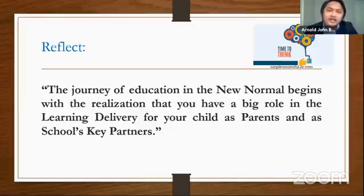So this learning delivery, we recognize na itong mga parents na to ay magiging katulong natin, magiging kaagapay natin, at binibigyan din natin sila ng importance dahil wala tayong ibang aasahan, especially for teachers and school administrators, kundi ma-engage lalo yung mga parents natin. And for those who are parents watching right now, you need to reflect. Ano ngayon yung gagawin ko? Ano ngayon yung participation ko? Ano yung magiging gampanin ko? At para makatulong ako sa aking mga anak, at lalo-lalo na sa mga teacher at school administrators na ma-implement ng